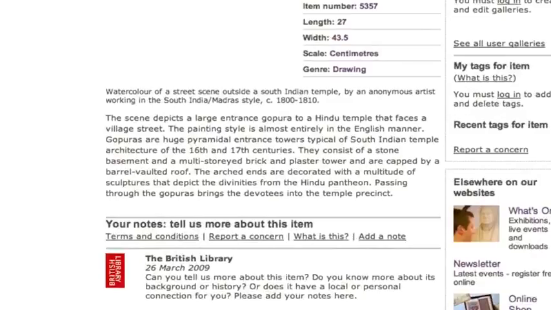Now, the narrative description of this painting reads like a subject expert wrote it. The scene depicts a large entrance gopura to a Hindu temple, faces a village street, painted almost entirely in the English manner. Gopuras, I hope I'm pronouncing that correctly, are huge pyramidal entrance towers, etc., etc. As I say, it reads like someone who knows something about this style of architecture and the style of painting